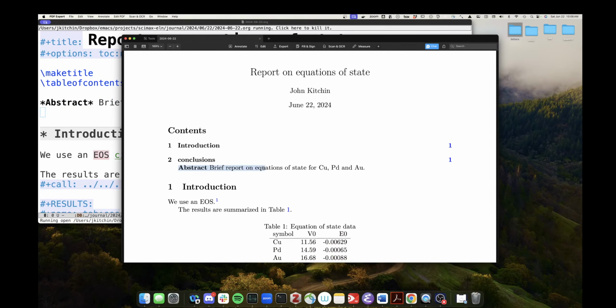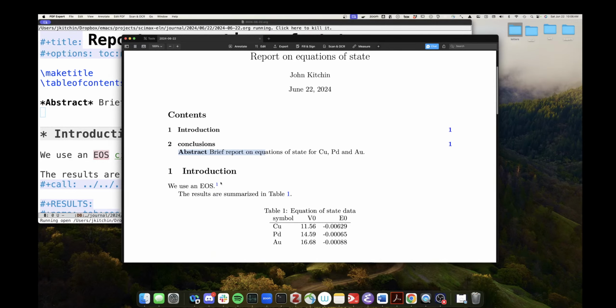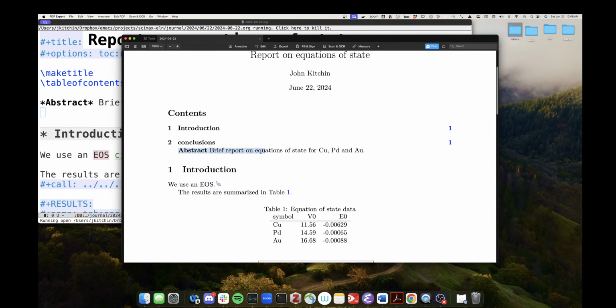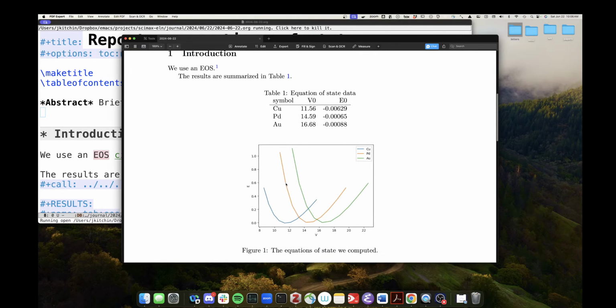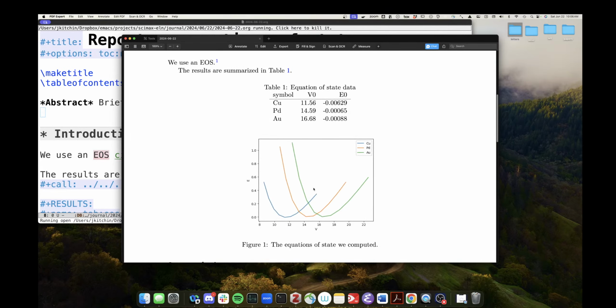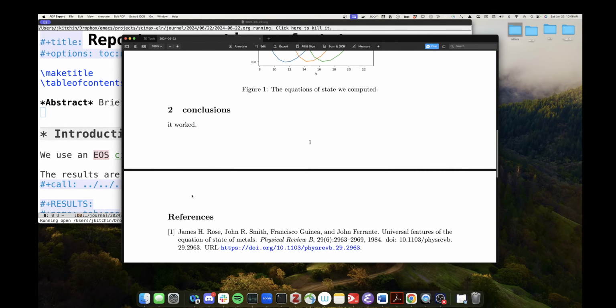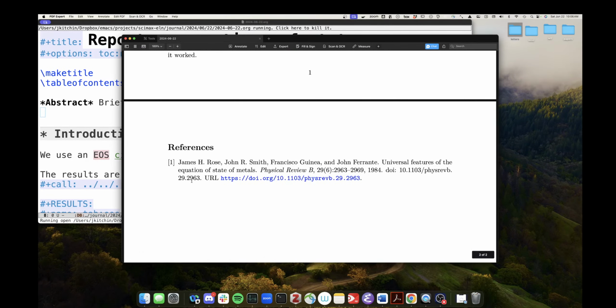This also isn't the greatest placement, but eventually you might use your own templates. And otherwise, we have an introduction, we have a reference, we have a table, a smaller figure that looks a little less blurry, and some conclusions, bibliography, all of this from my electronic notebook, and